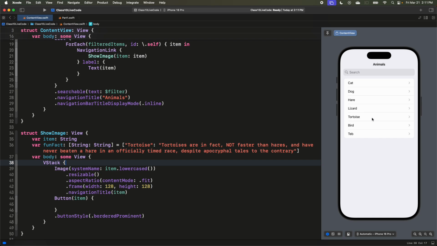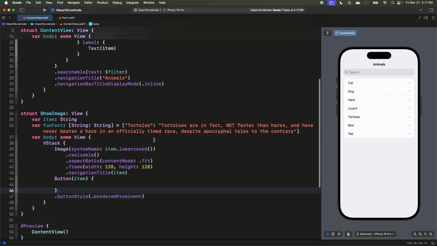And we're only going to do tortoise. Obviously, if we went to something else, then there wouldn't be a field for it yet. We'll add more as we go. But for now, we'll display this fun fact to the user using an alert when they click on the button. So how do we do this? Well,